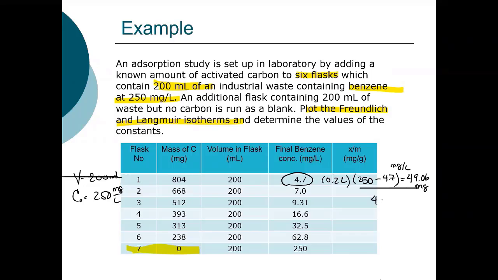So if we take 49.06 divided by 0.804 grams, so this is milligrams, this is grams, that is 61.02 milligrams of benzene per gram of activated carbon. We can do the same sets of calculations